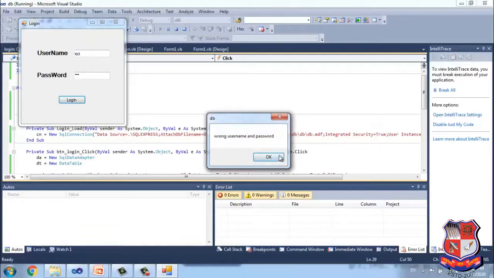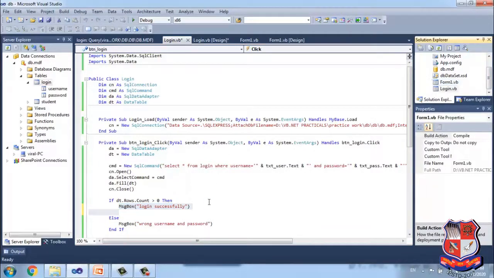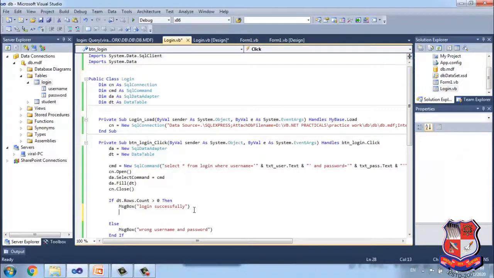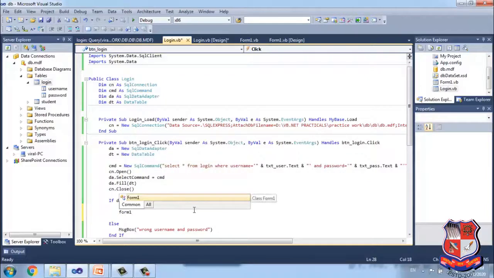Now, what do I do? If the username and password are right, meaning login successful, at that time I move directly to Form 1. So I simply give the link of Form 1, using the Show method.